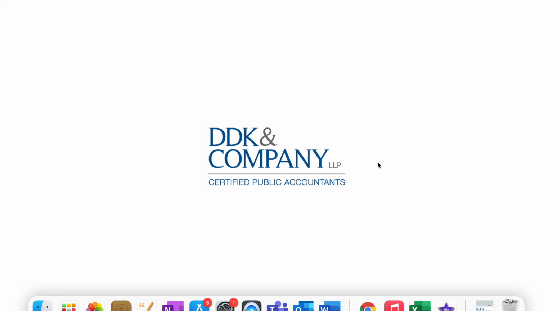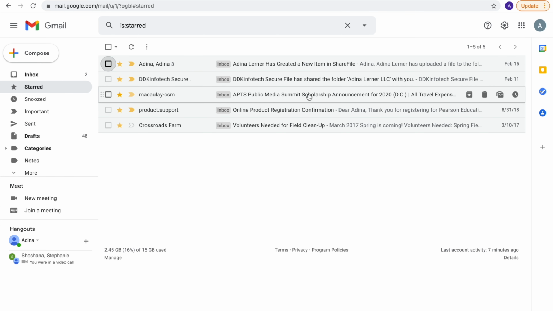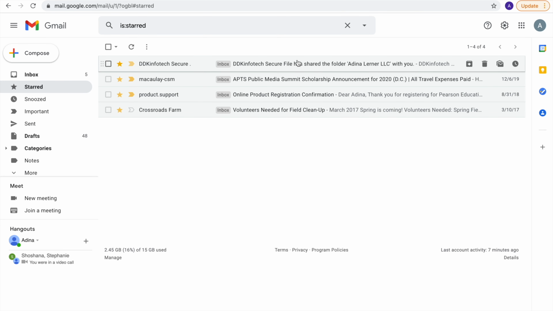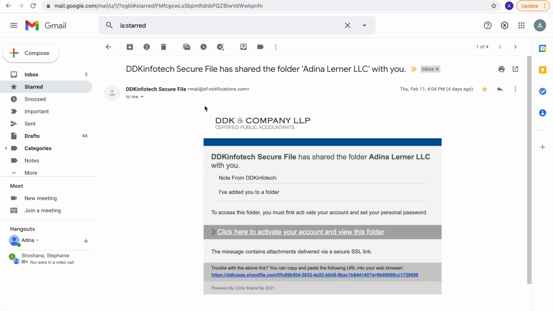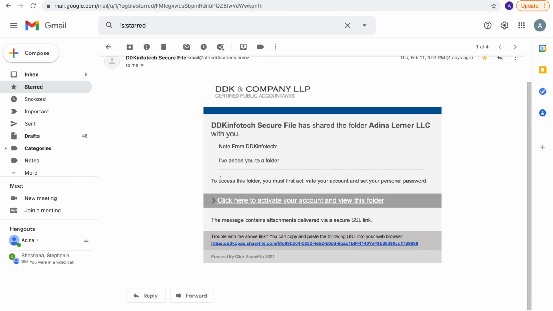This video will explain how to create an account with and upload documents to ShareFile. The first time somebody at DDK sends you a file is when you create your account. You'll get an email from DDK Infotech Secure File with the subject "DDK Infotech ShareFile has shared the folder company